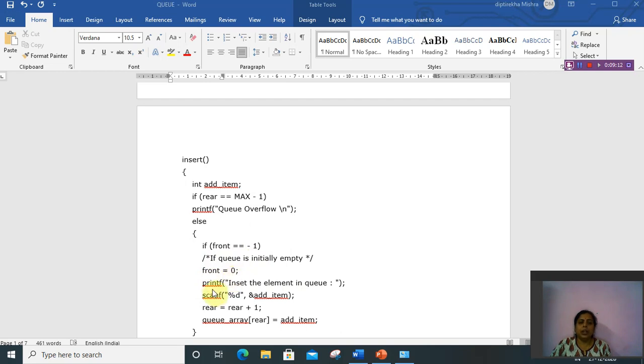Okay, and to insert the element in the queue, ask the user to enter the item. It will be stored in item. Then rear will be rear +1. The first time the rear is -1, so here the rear will be 0. And in the Q array, at position 0, it will store the data.